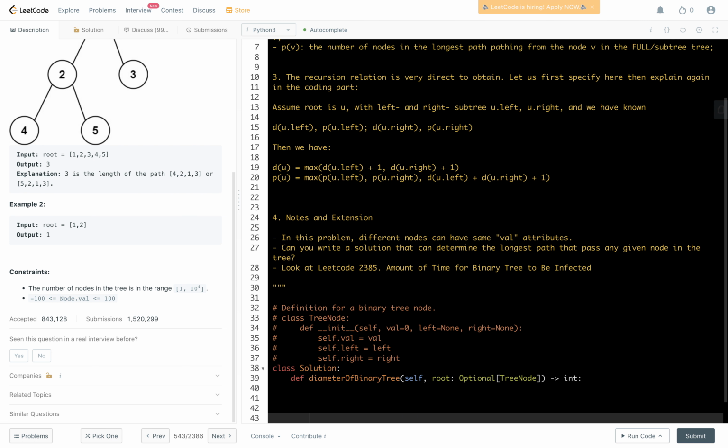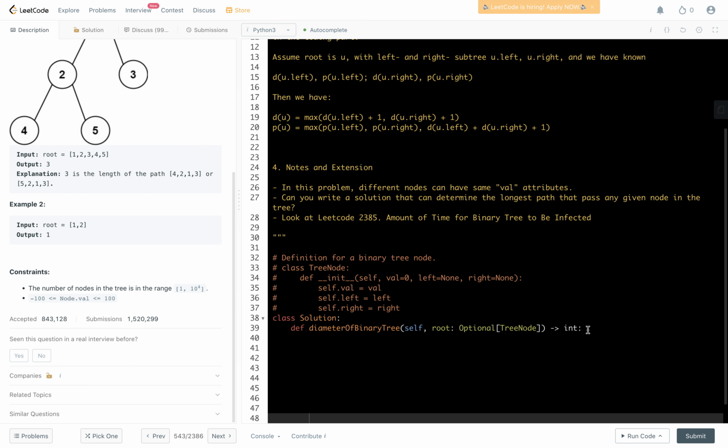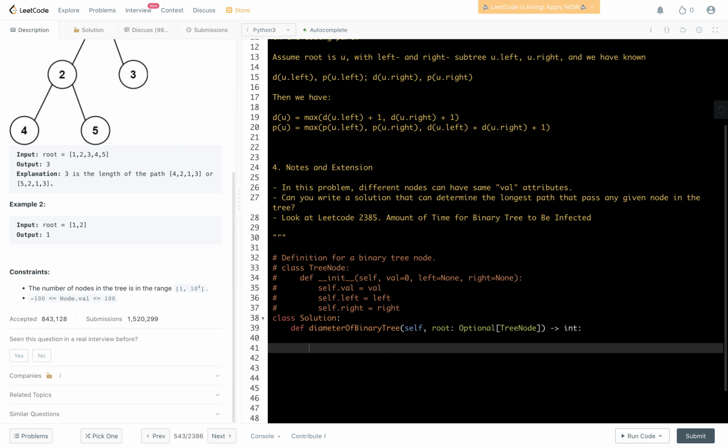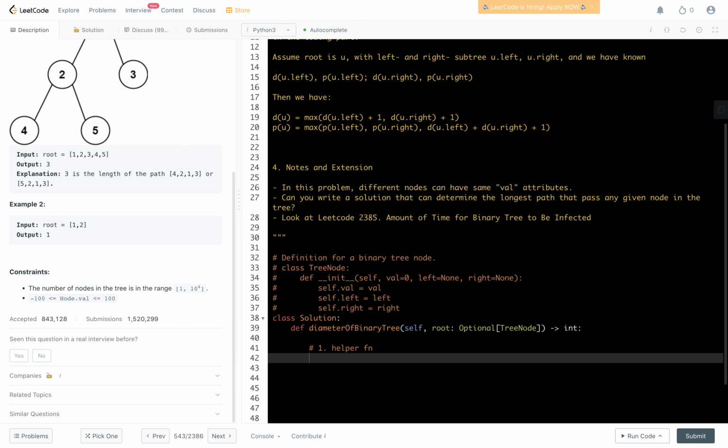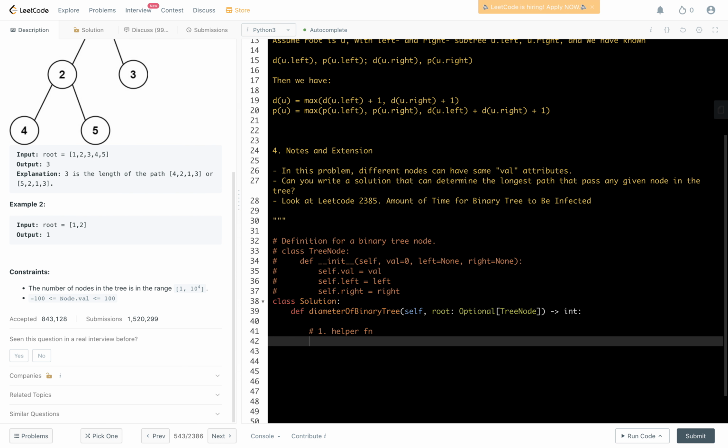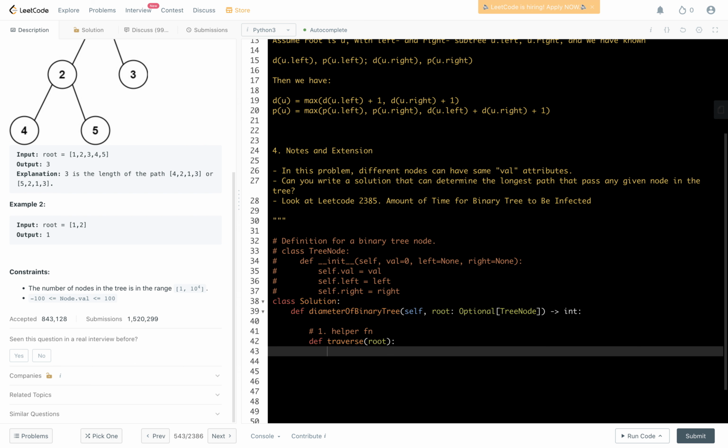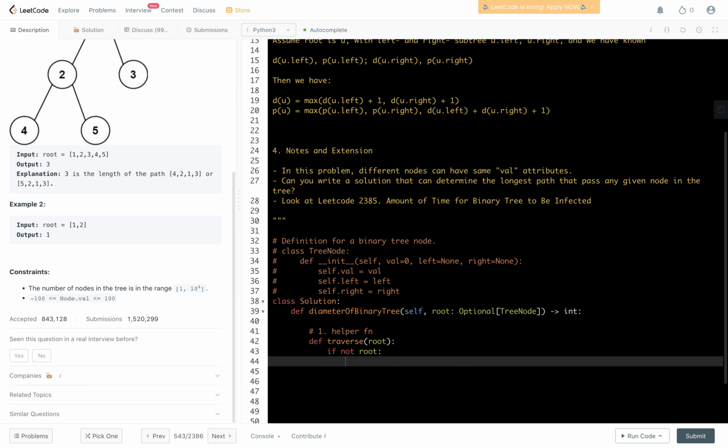With that said, we are ready to write the code. The code is very short as we realize the above recursion relation. For this, first we are going to write a helper function. The helper function is the actual worker for this problem. I'm going to define it as traverse. Essentially we are traversing the tree. Let's call the parameter root. First is a base case. So if